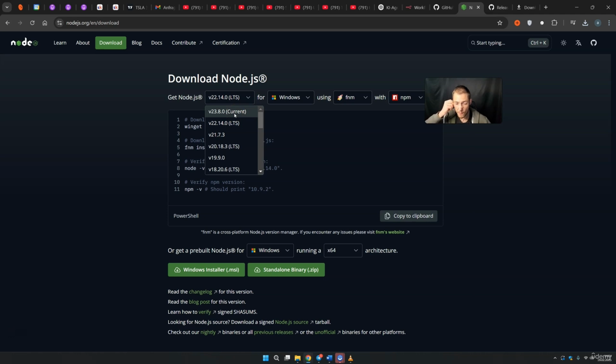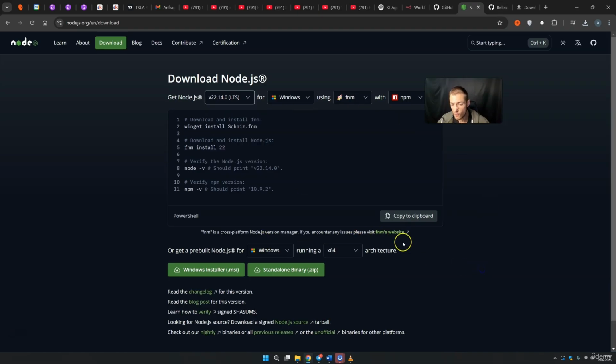But if for some reason n8n will not work in your local Node instance, it can be cool, for example, to downgrade it to a lower version. And if you have installed NVM for Windows, so the thing from the zip file, you can totally do this really easy. Now as soon as these two things are installed, or at least as soon as Node is installed,